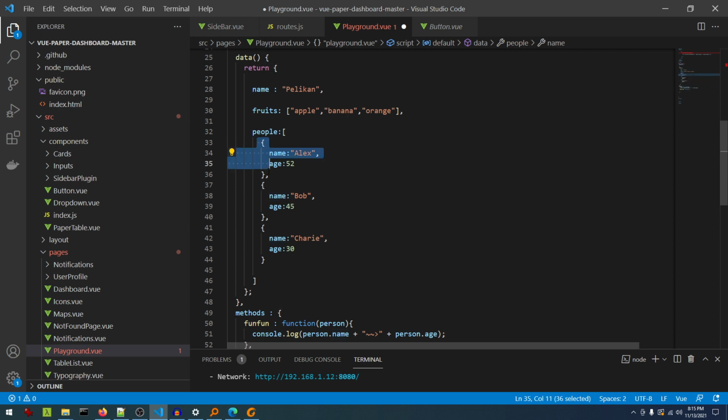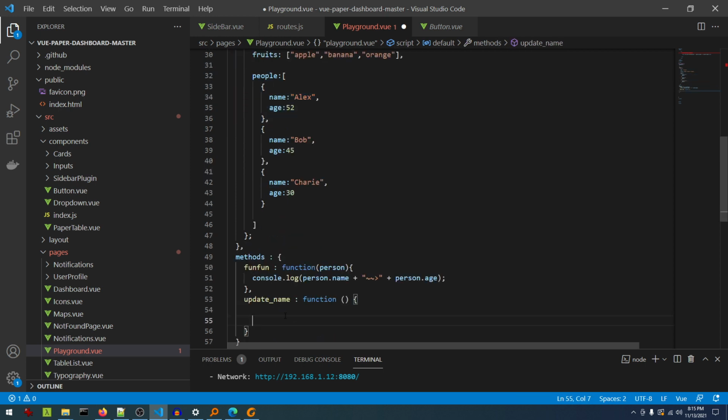Alex is the first element of people. So I will say this.people. Now when I say this, it means this component, this Vue instance. So we have people, and since it's an array, I'm going to say 0, and then .name